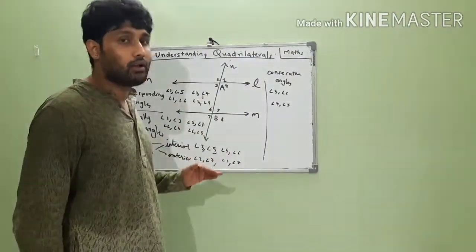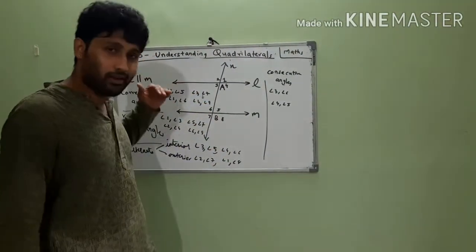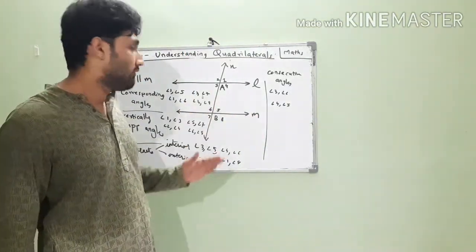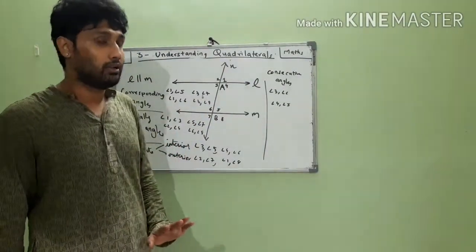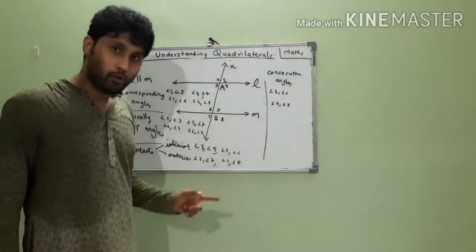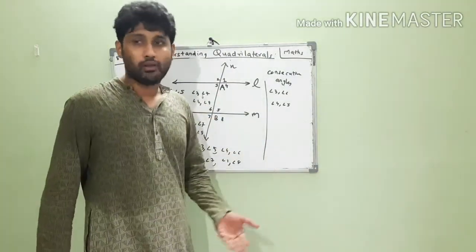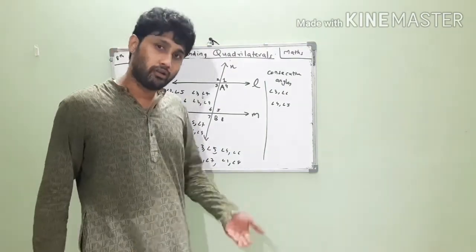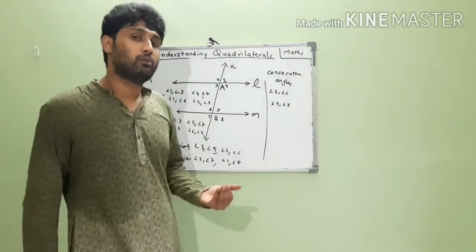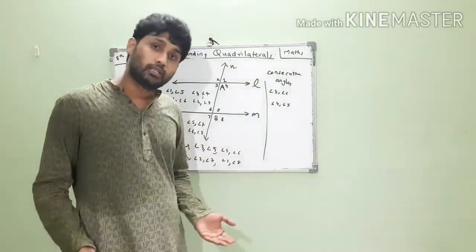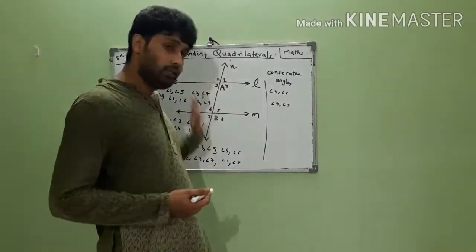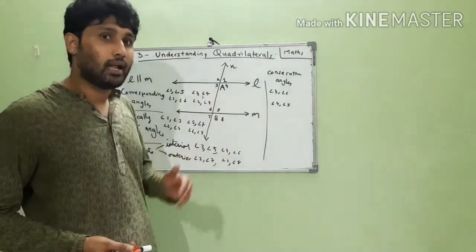So a total of 8 angles are formed when we have 2 parallel lines and there is one transversal intersecting both of them at different points. We get a total of 8 angles, and this is how you define those angles. And these properties are very important for you because when you move on and understand different types of quadrilaterals, these are going to help you in understanding why some of the quadrilaterals have opposite angles equal or other properties which they have. These concepts will help you understand that properly.